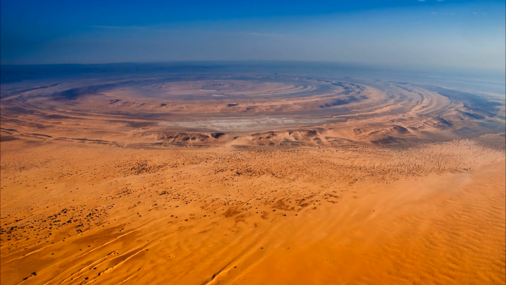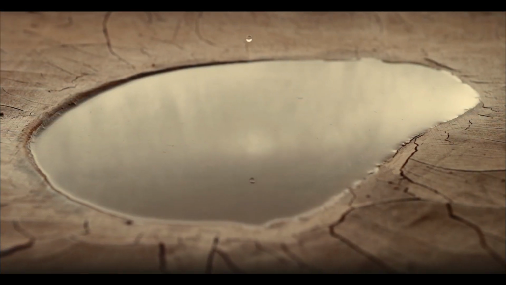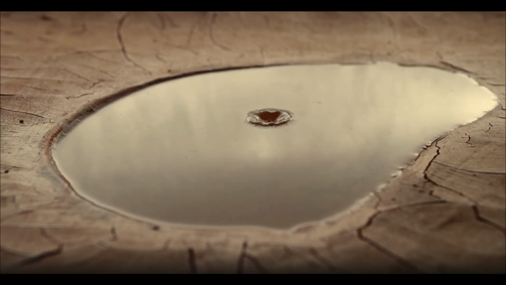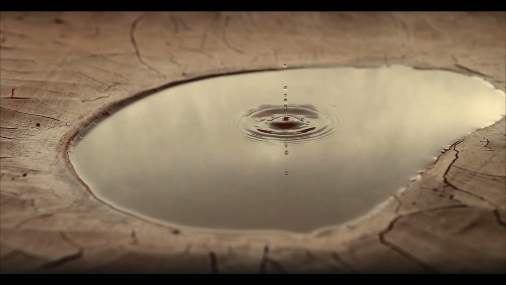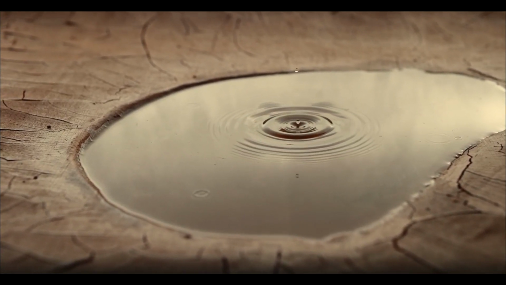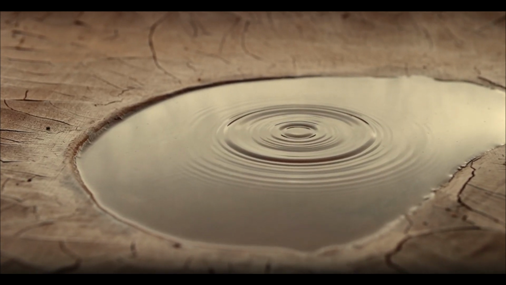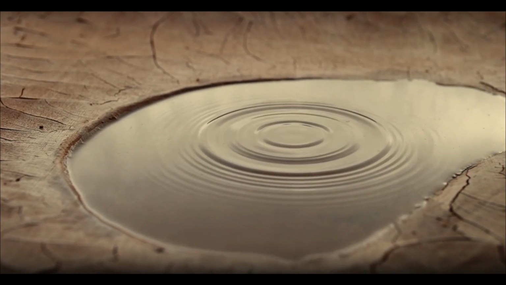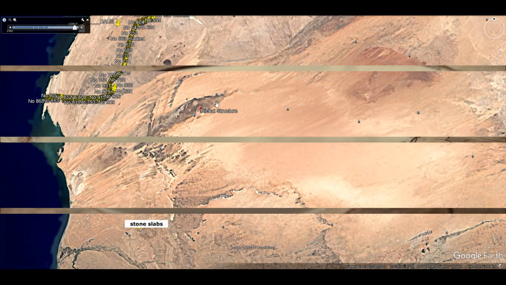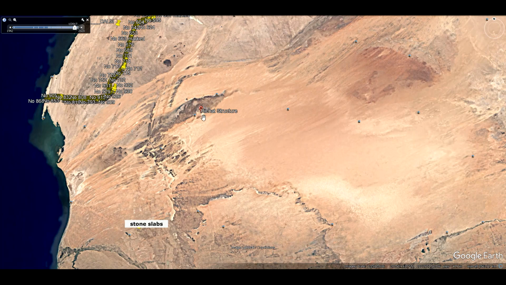If we consider that in history there has been liquefaction of stone and conversely petrification of water, we can assume that a huge object sank here. One find suggests this. Nearly 300 miles south of the impact is an area of debris of stone slabs that were ejected with tremendous force.